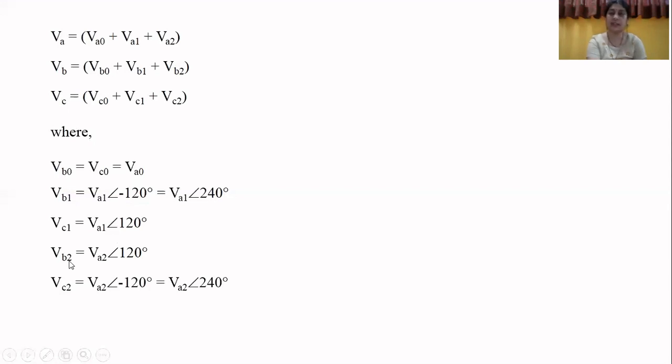When it comes to the negative sequence, they now have a reverse phase sequence, ACB. Therefore, VB2 will be equal to VA2 at an angle of plus 120, and VC2 will be VA2 at an angle of minus 120 degrees. It can be observed that VB1 and VB2 are simply opposites. VC1 and VC2 again are simply opposites. Now this is plus 120, minus 120; minus 120, plus 120.